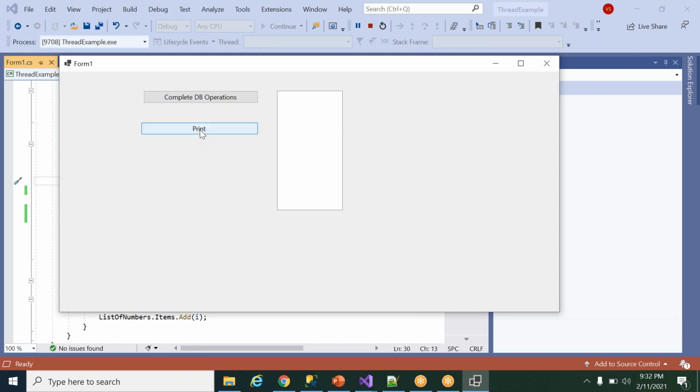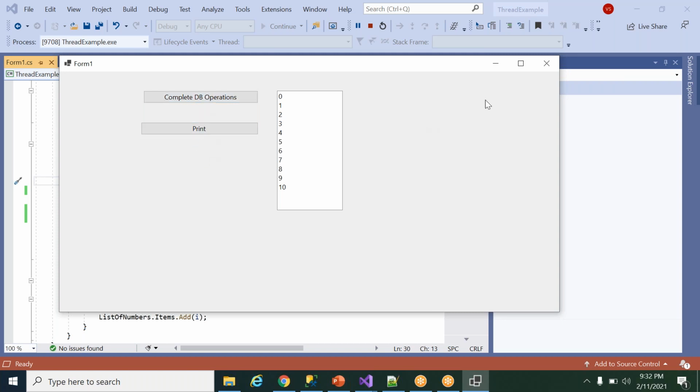When you click Complete DB Operations again, this is disabled again, meaning it is trying to complete one operation in the background. Until this is done, we cannot click on this button, as the operation has to be completed. It is hitting the database, fetching information, or performing some action on this button click.